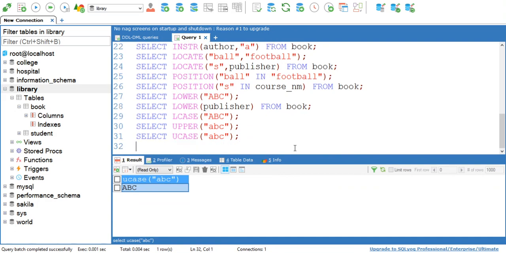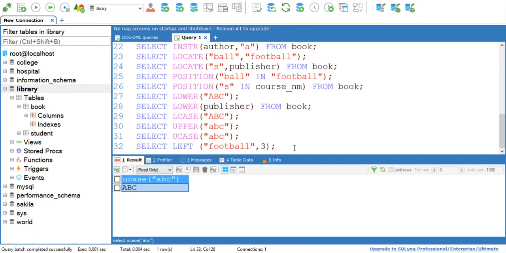Now next we have the left and right functions. So the left function is used to display a specified number of characters from the left of a string. Okay, so my original string is football, then next I have given 3. So the function is left and it has two parameters.